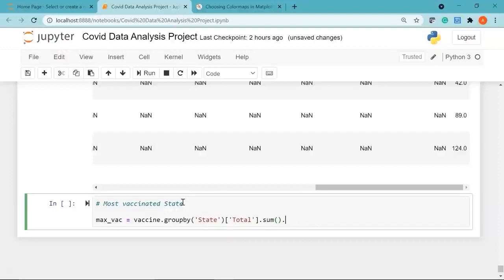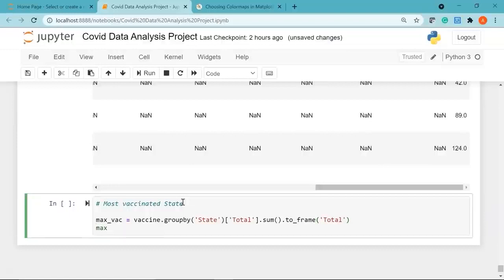There should be a dot to underscore frame, and I'll pass in my column name, which is total. After that I'll say max underscore VAC equal to max underscore VAC dot sort underscore values. I'm going to sort it by my total column and say ascending equal to false, which means I want to sort it in descending order so that we have